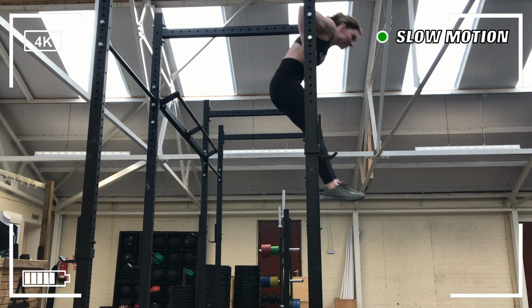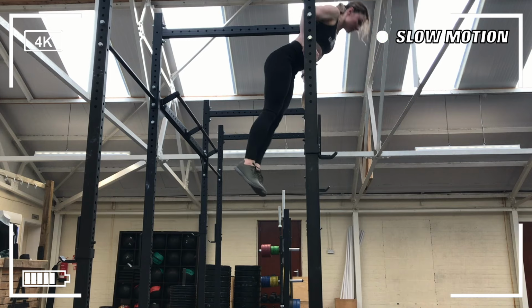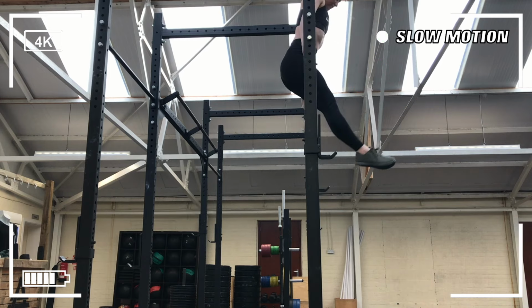And then last but not least, we have the transition over the bar. I like to call this sometimes the fast sit up. So basically, I'm accelerating my head and shoulders over the bar, and then voila, we are done, a bar muscle up. So now that we have all the pieces of the bar muscle up, let's practice with a few drills